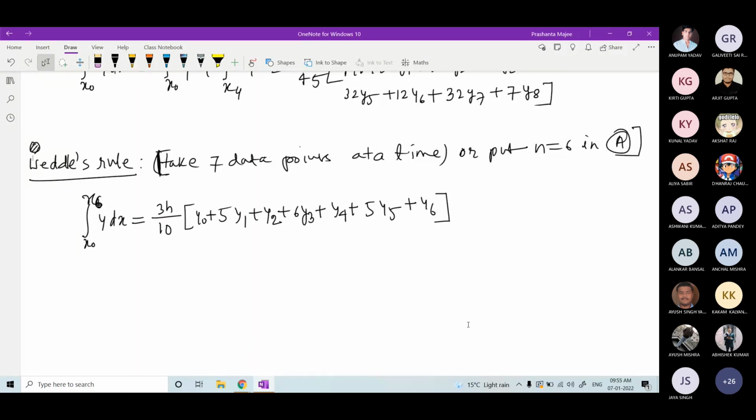Okay, so today I'll be stopping the discussion at this point. In the next class we will theoretically prove how much error we are committing in case of the trapezoidal rule and Simpson's 1/3 rule. For the rest of the rules we will just mention them, not prove the results. We will be deriving the theoretical error in case of the trapezoidal rule and Simpson's 1/3 rule, and a few more results are there, like Euler-Maclaurin's formula, which is a formula for numerical integration that can also sometimes be used to find the sum of a finite series, and that will be the end of numerical integration. Is it okay?